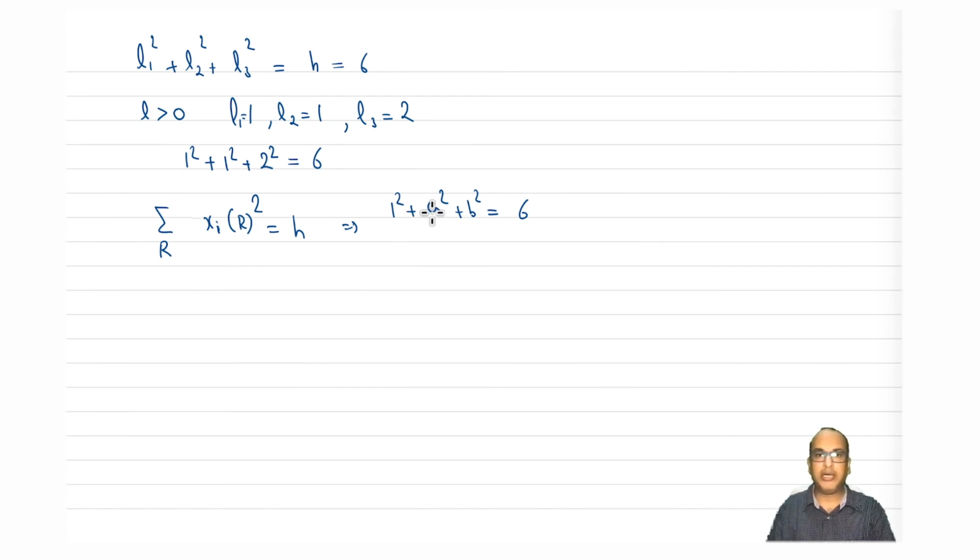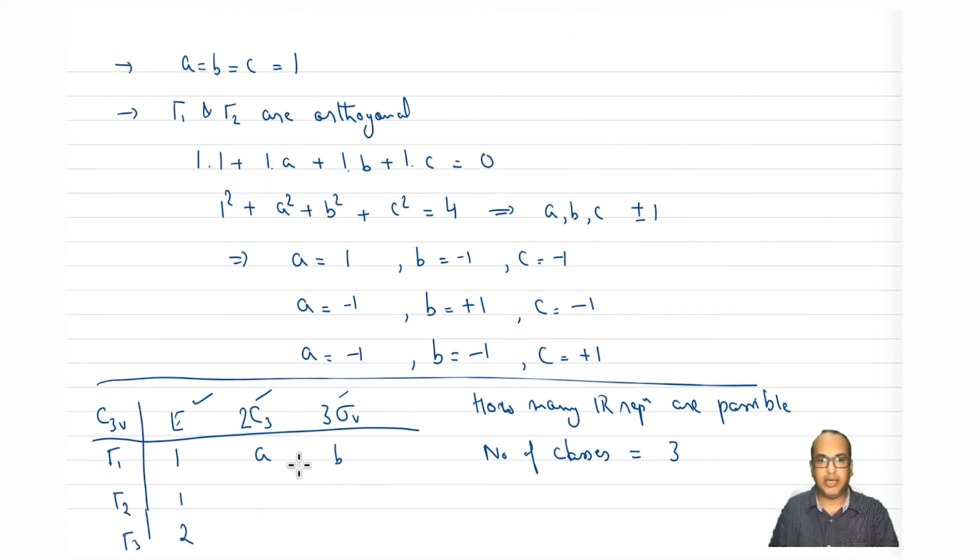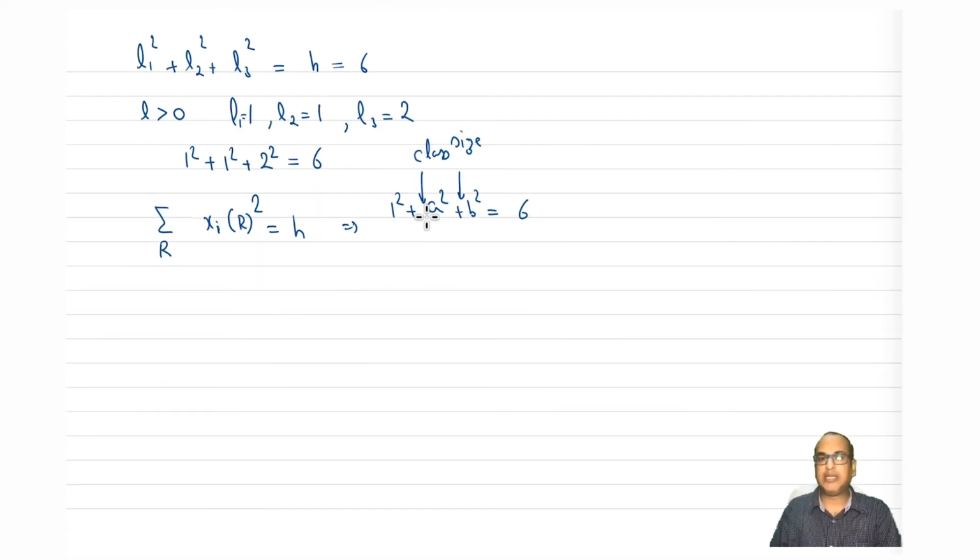The important thing which is not to be missed is that you also have to multiply here, because we are only dealing with traces here. So you also have to multiply with the class size here, right? So class size goes here. What is the class size here? Class size is 2 here and 3 here, right? So we are multiplying with class size because we have to take summation over all R.